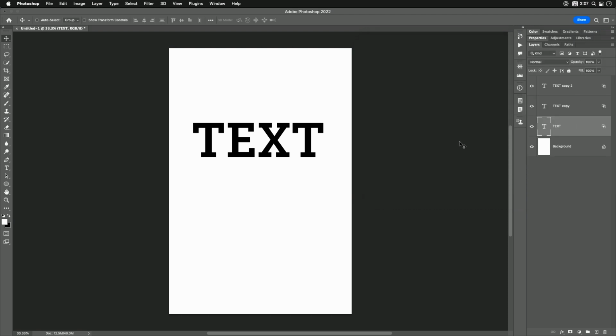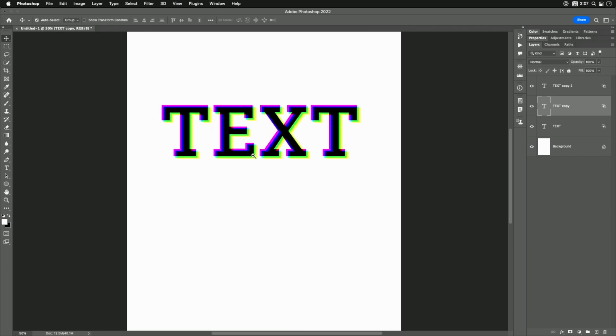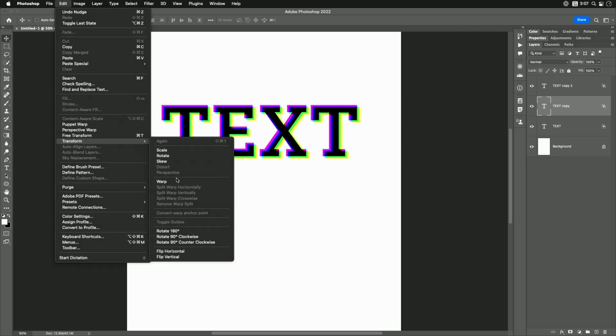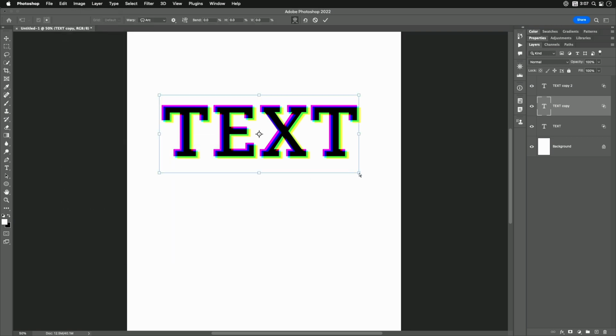see everything just fine. But watch what happens now if I use my move tool and I reposition these. And I could just use the arrow keys if I'm in my move tool and move these around a bit. Now we can get that kind of misregistered text look. Or you can come up here and again transform it and do some sort of warping so it doesn't look